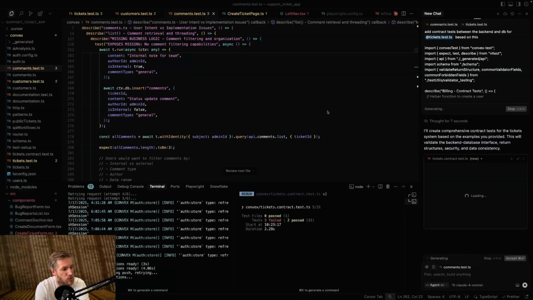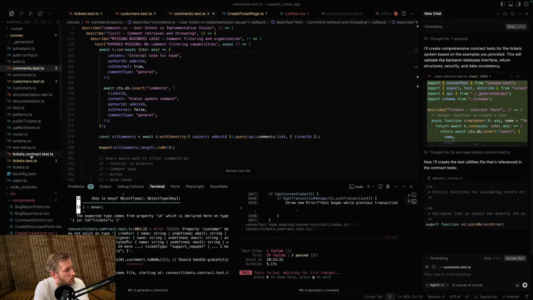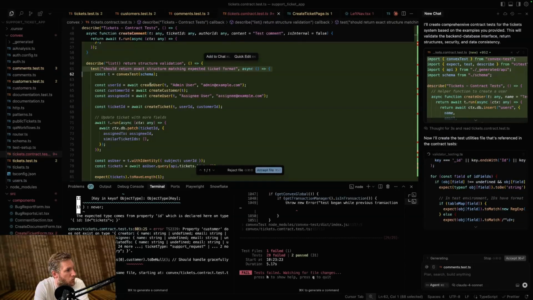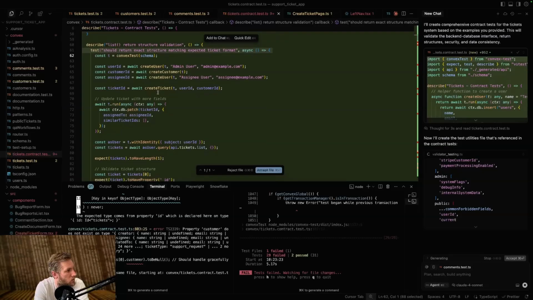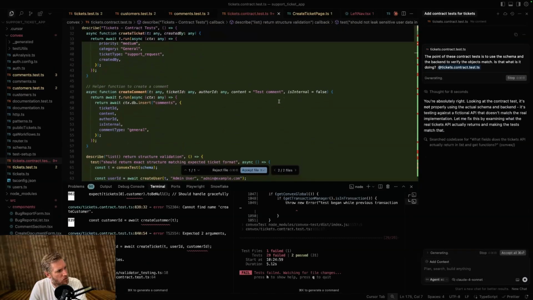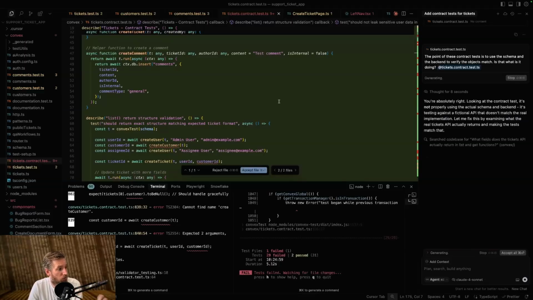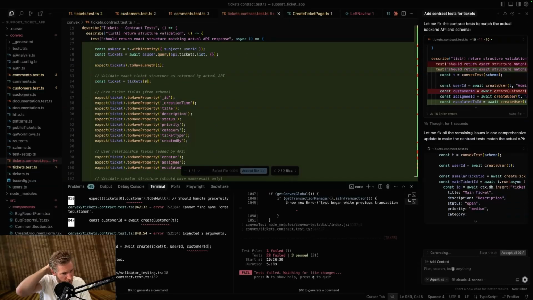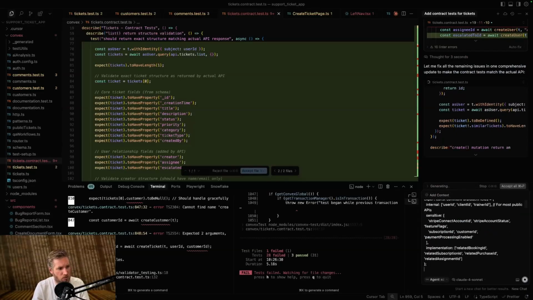Okay. So it has written the contract tests. That being said, it's now added them. Let's quickly look through them. Yep. Create user. Yep. Create ticket. Update. Yep. Yeah, for context, it's done something completely wrong, actually, which is a really good example of never trust AI. We're actually going to go ahead and add a utility to just validate some of the return structures as opposed to doing it in